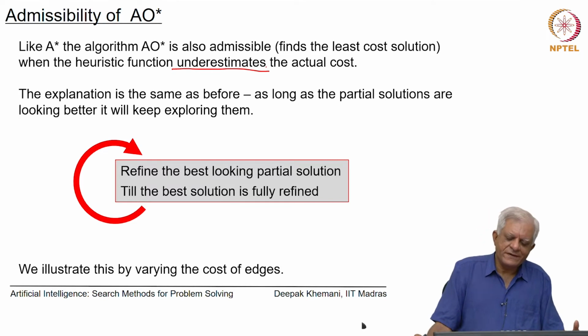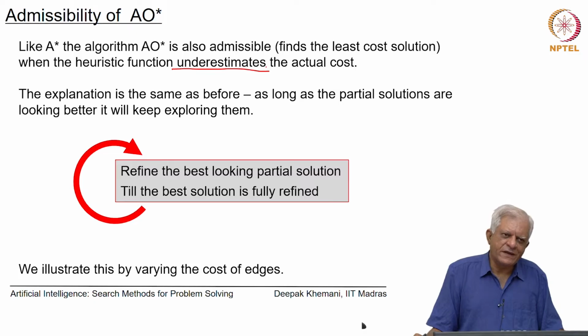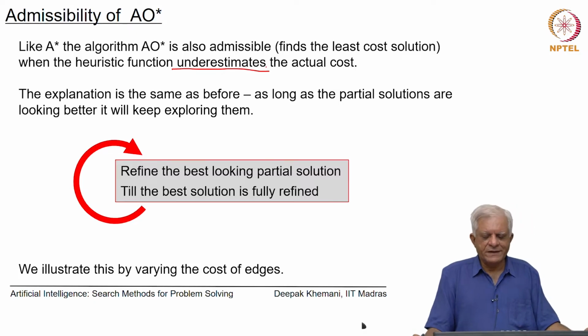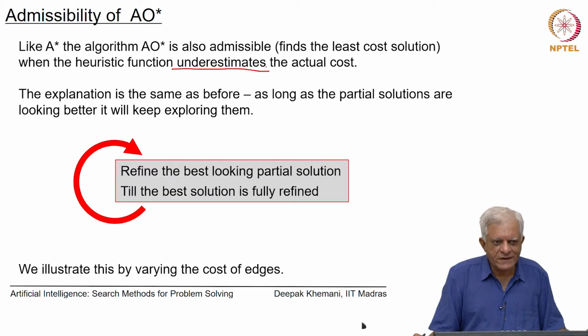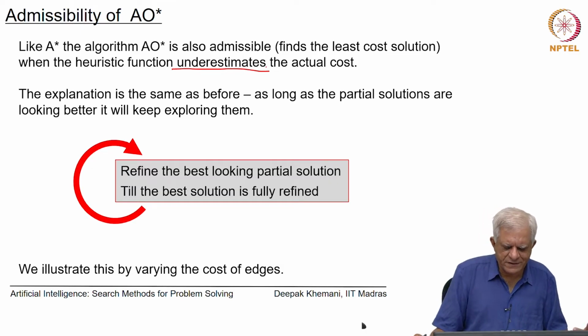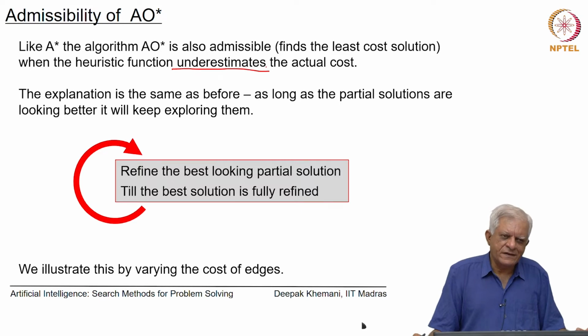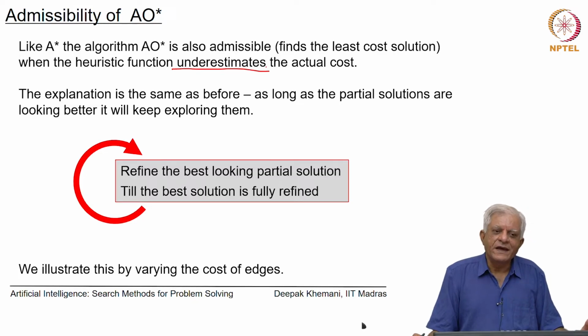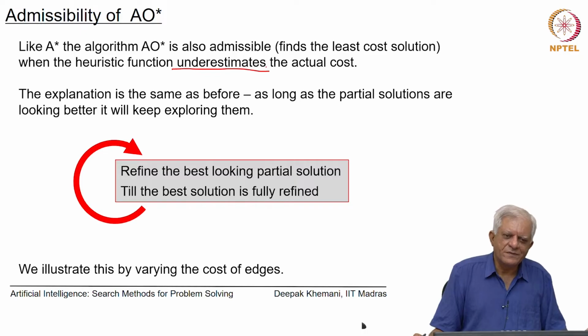We will do this by taking another small example, and modifying the problem in two ways by changing the h cost associated with transformation. So, in one case we will keep the h cost very low, which would mean that the heuristic function is actually overestimating the effort that is required. In another case, we will keep h cost as high, which would mean that the heuristic function would be underestimating the actual effort required,